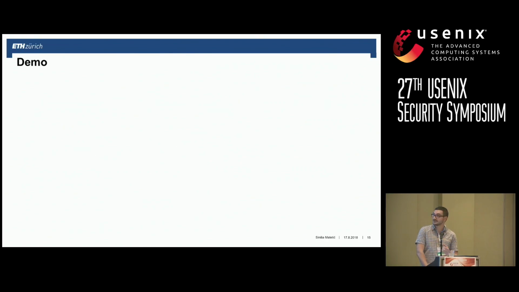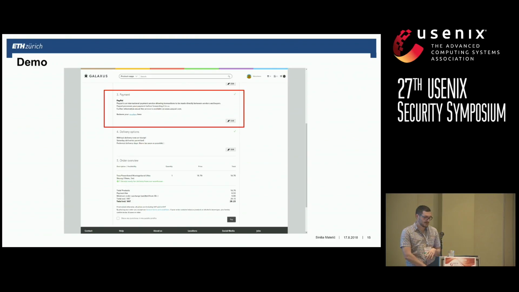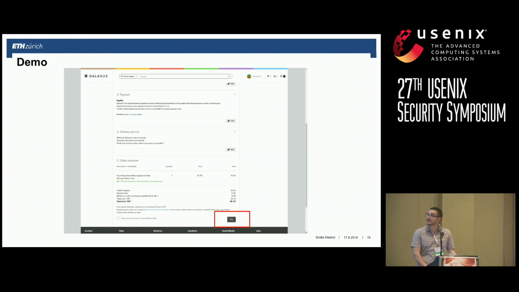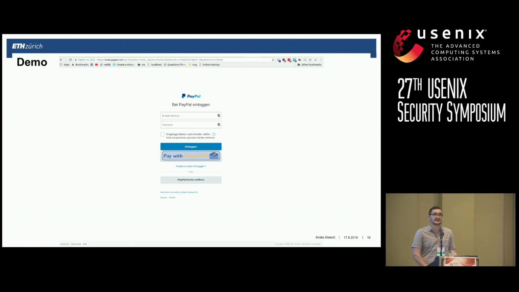I can't demo this because it would take a lot of time, but I'll show you screenshots of the demo. It's a normal web shop, a Swiss web shop. We put some items in the cart and chose PayPal as the payment option. We click Pay, and this takes us to the PayPal site. A browser extension renders the page and searches for fill-in forms. It identifies a PayPal login button and inserts another button below. So now you can click on that button